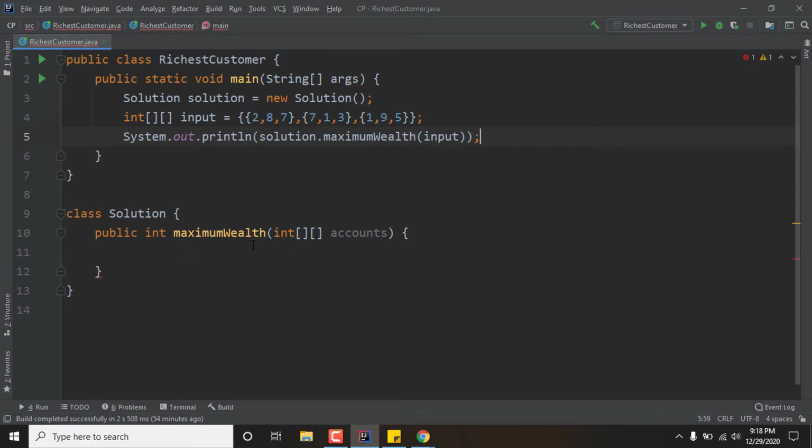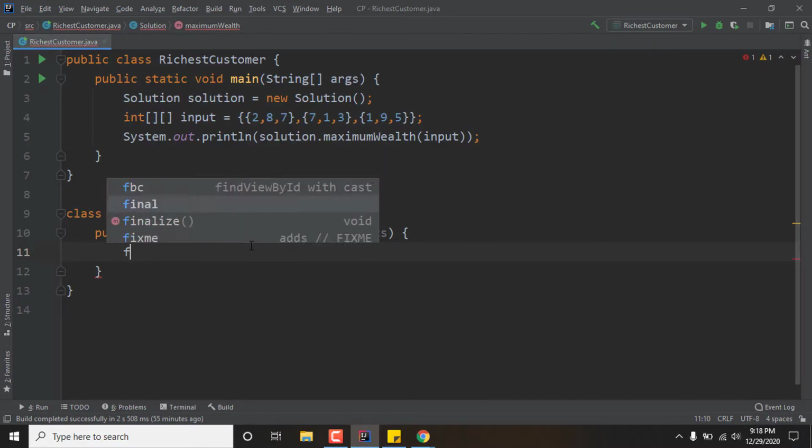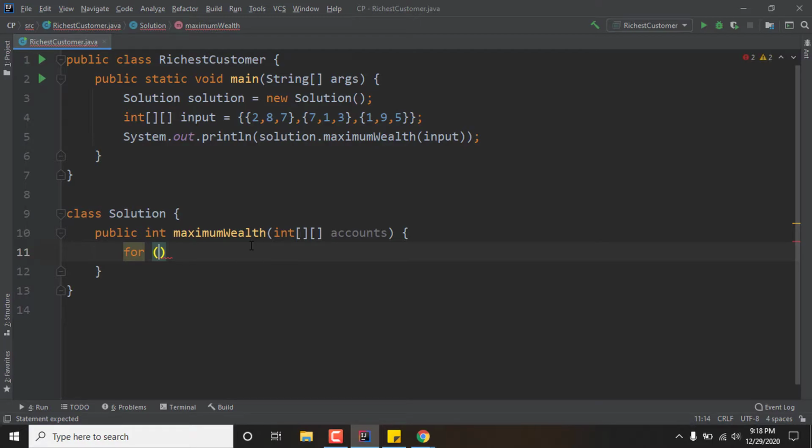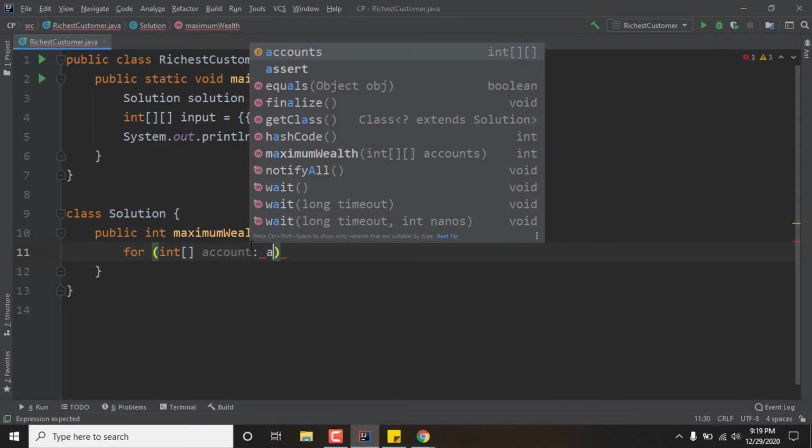So here I will write my code. Since this is a two-dimensional array, I will iterate the arrays with the help of a for each loop. In Java it works like this: for int each instance of the two-dimensional array, int account colon accounts.